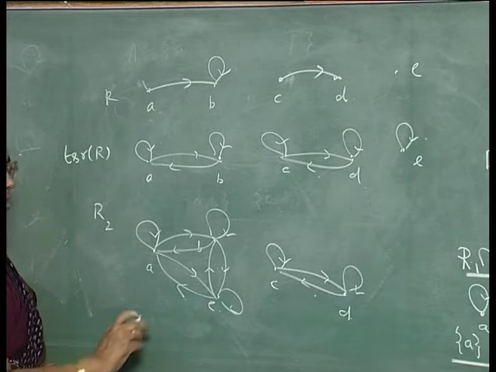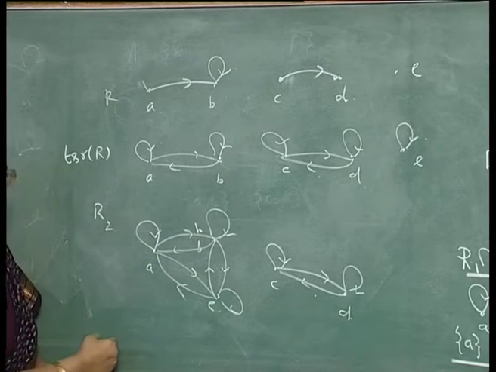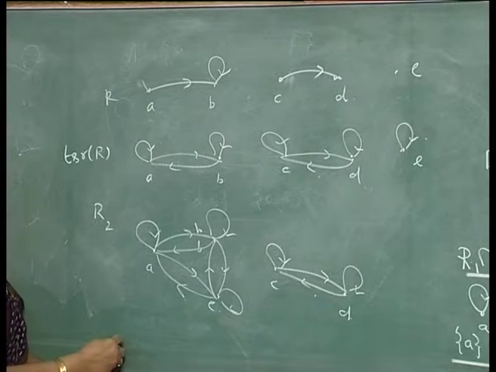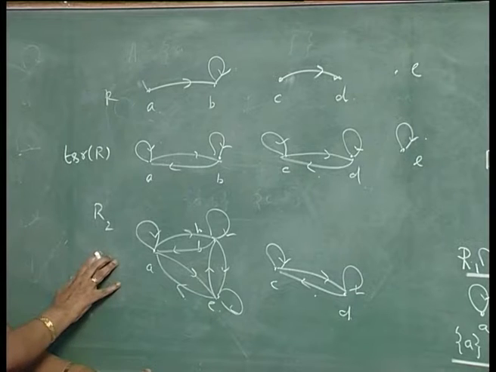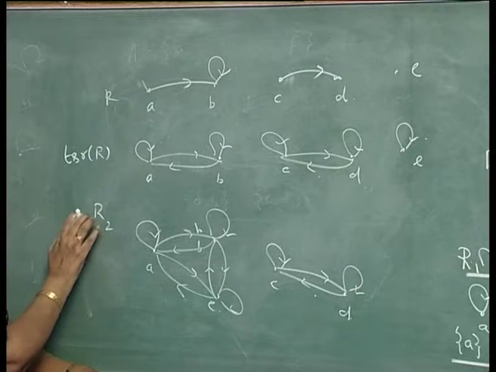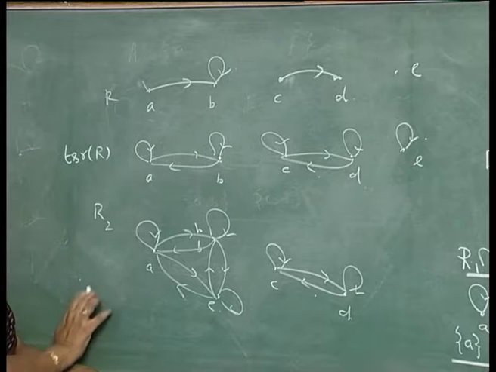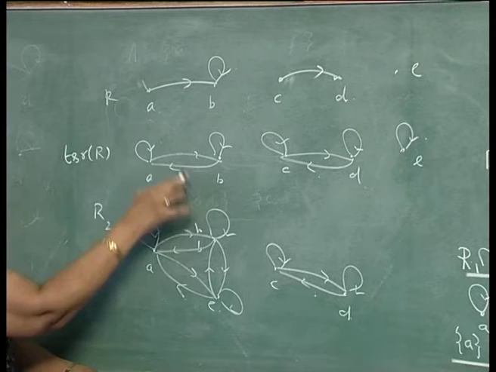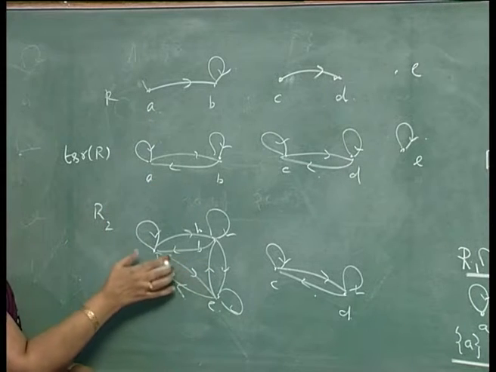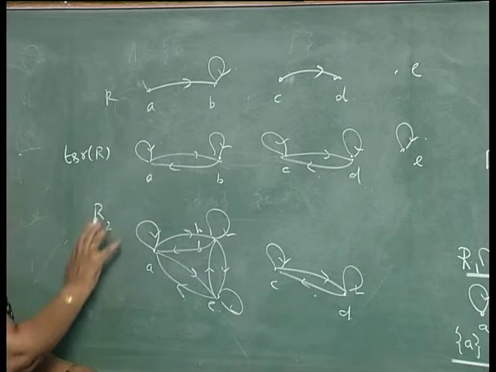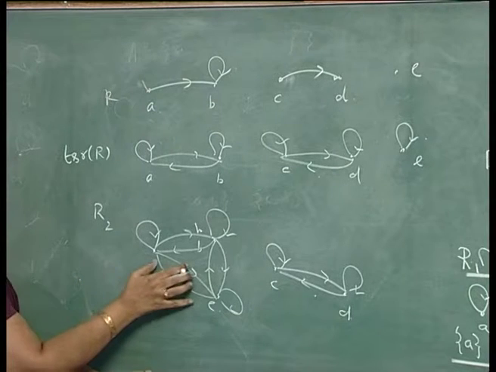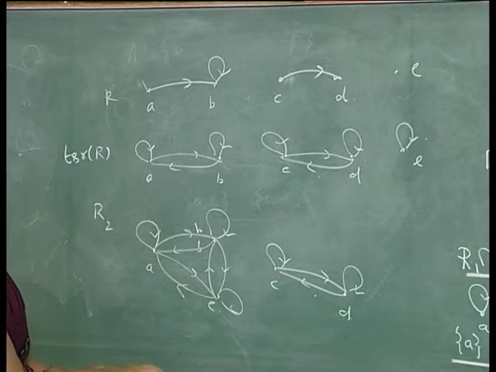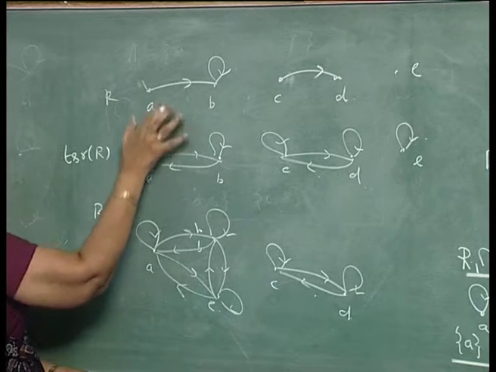Here there are 2 equivalence classes, A, B, E are in one equivalence class, C, D is in one equivalence class. Now, you can very easily see that R2 contains this, R2 obviously contains R, which is present here also. So, R2 will contain this. If an equivalence relation contains this, it will also contain the symmetric. This is the smallest equivalence relation containing R.